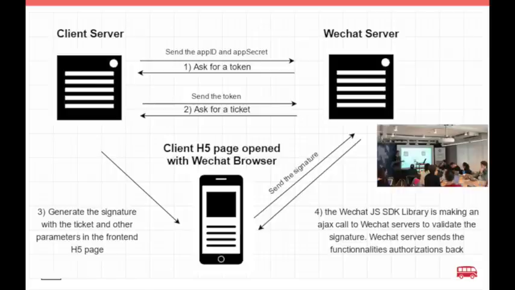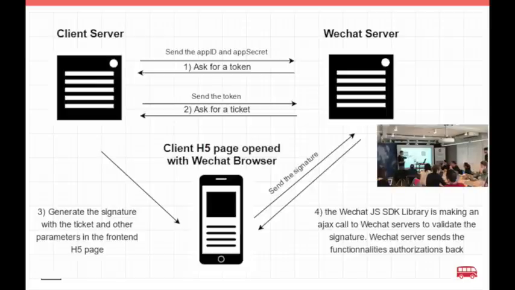It's working on small websites, but when you reach a certain number of people, which happens very fast in China, then it's not gonna work. So that's why you need all this system.